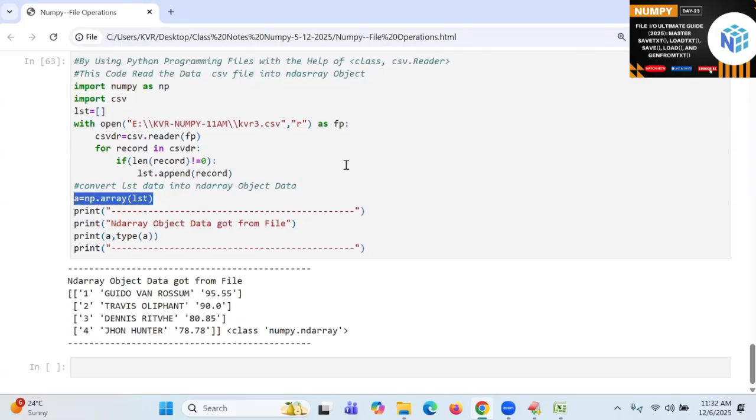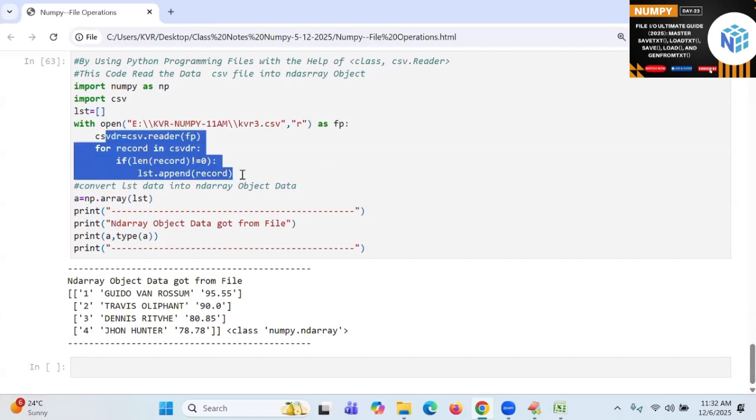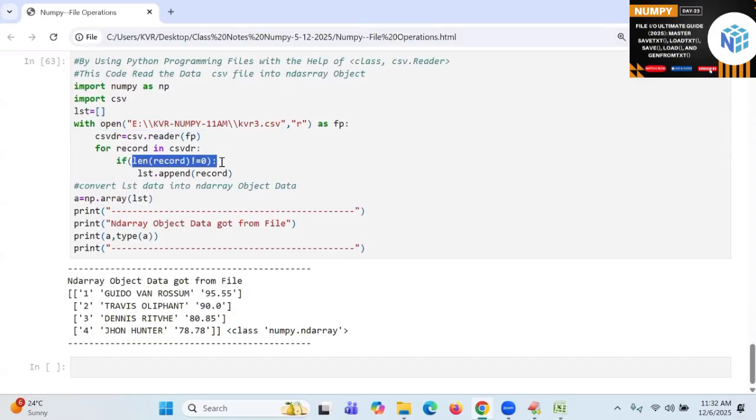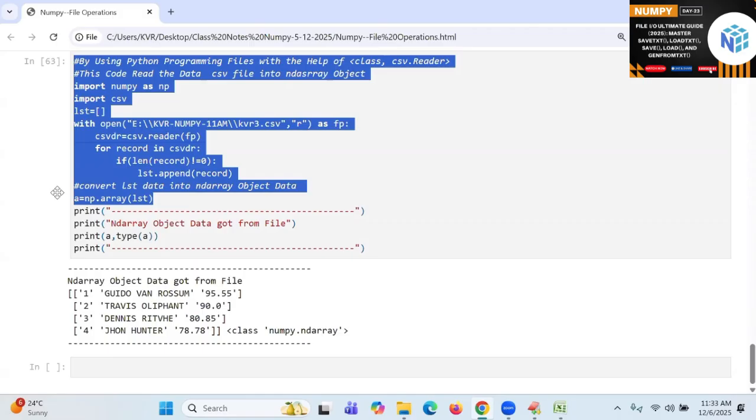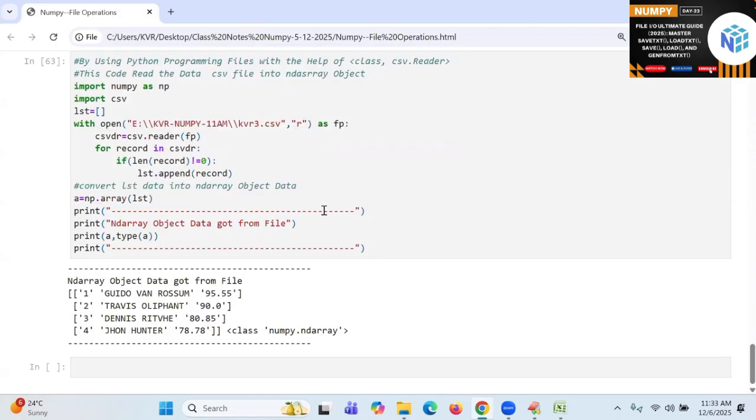Another fashion is where I'm reading through the CSV reader. In the reader data, I'm taking the non-zero length records, appending them into a list. That list is converted into an ND array. That is a double process. Instead of that, I want to read the CSV file data directly in the form of an ND array.